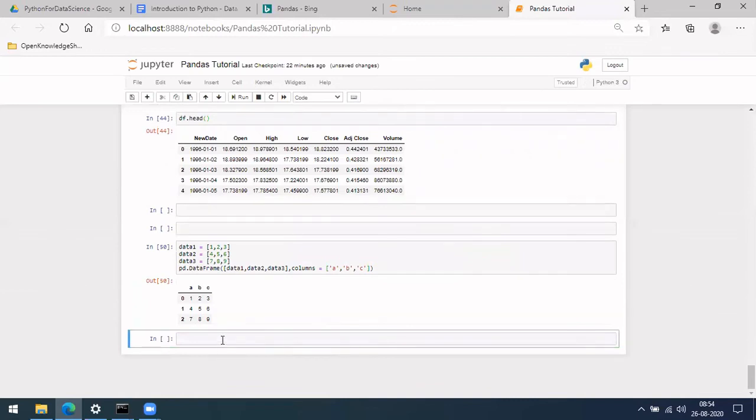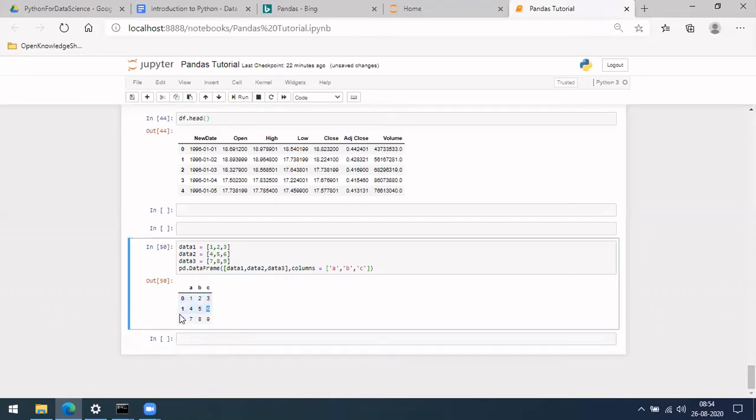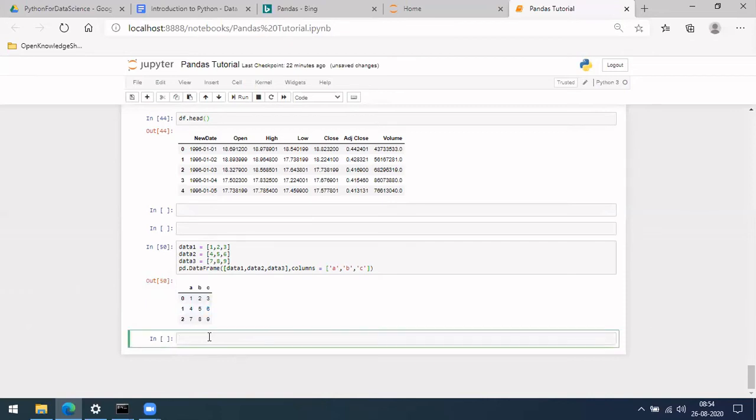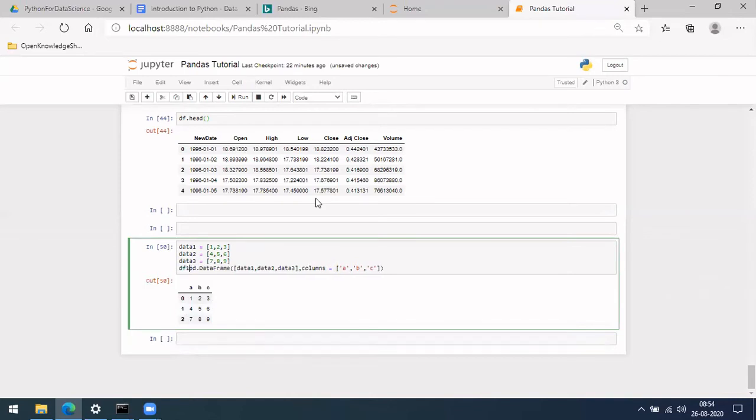So the next part is, in case I want to change some value here, something different. Say the C column, first row. Let me save this in one data frame again, df1.